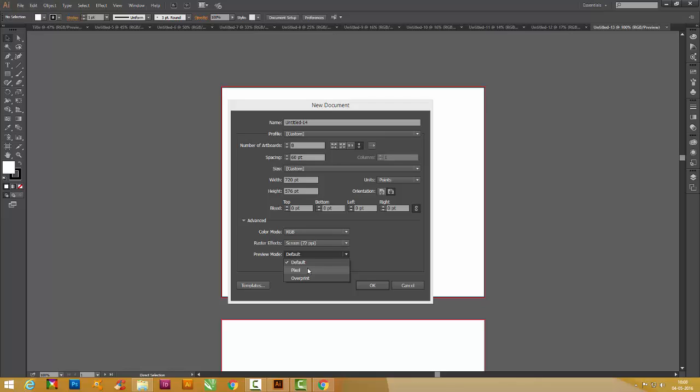Generally we use this pixel preview when we want to know how the output file will look when it is generated, or in order to reduce the file size or to reduce the pressure on the graphic card. And overprint is when you have an overprint in your output document, and to have a print preview, that is called overprint.